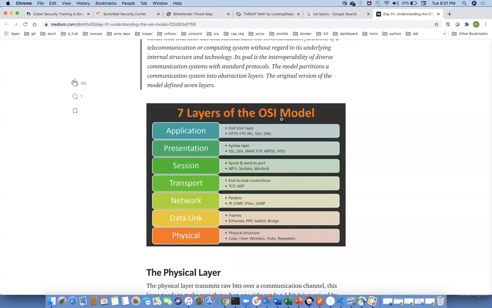What is this OSI? Open System Interconnection. The model was defined by military defense people, with the IEEE concept. Like the application layer,